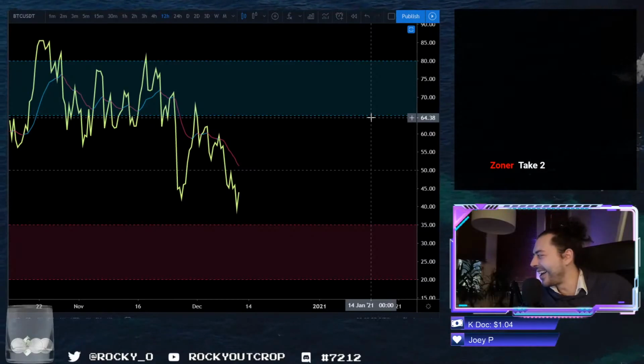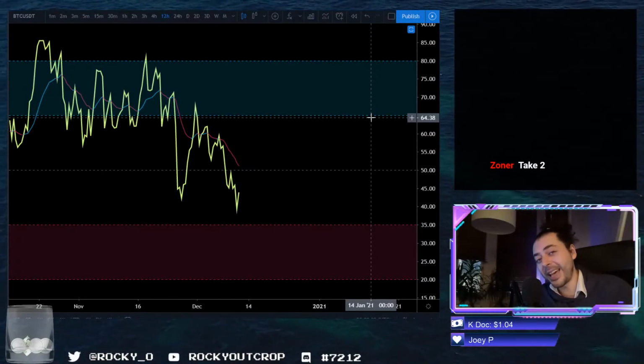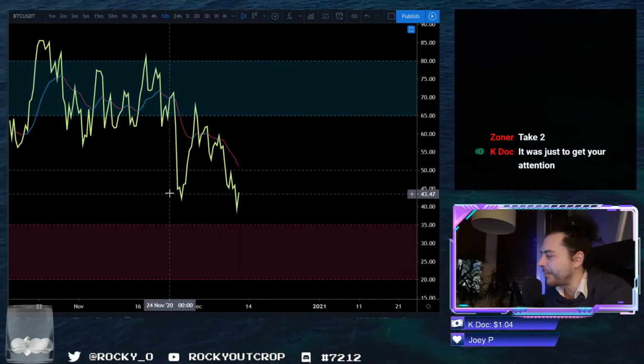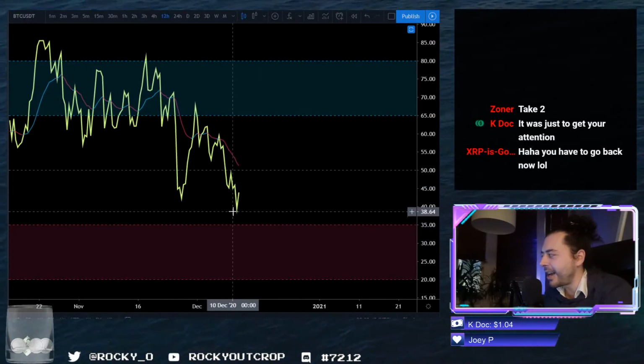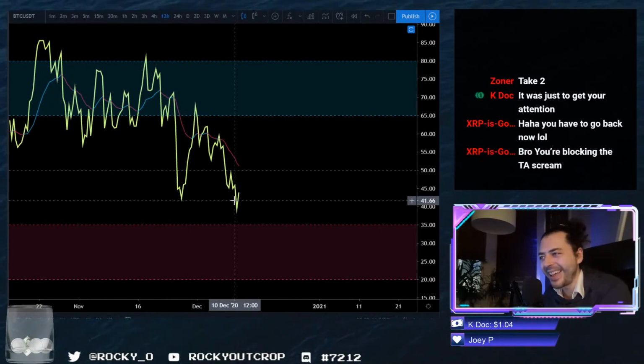Right, so looking at this, first off, what have we got on screen? That's the RSI over there, and we're looking at it on the 12-hour time frame and making a comparison between the two most recent lows, acknowledging that the RSI has come below the previous low over here, while the